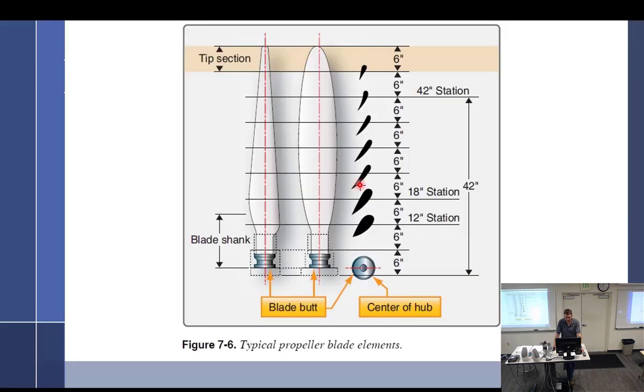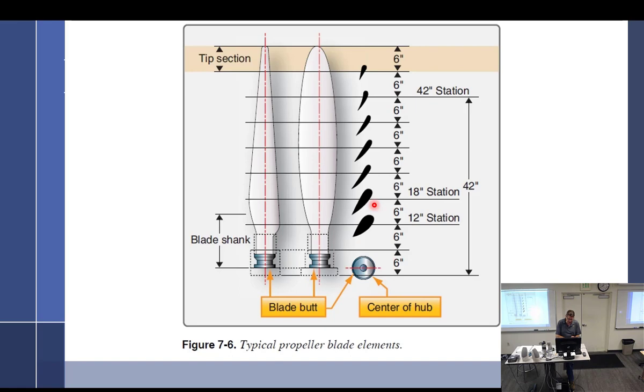Blade element theory says that each section of a blade is completely and totally different. So we can look down here at the 12-inch station, which means what? Center of the hub. As compared to every single one of these, they're different. These are fat, this one's skinny. This one is at a degree angle like this. This one is getting near horizontal, vertical over here. So every single one is different.